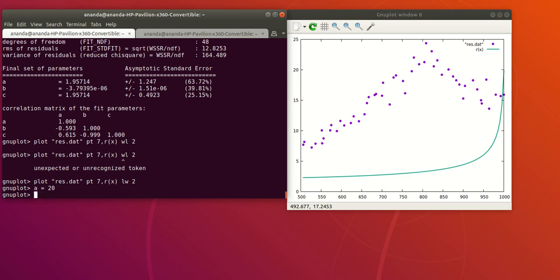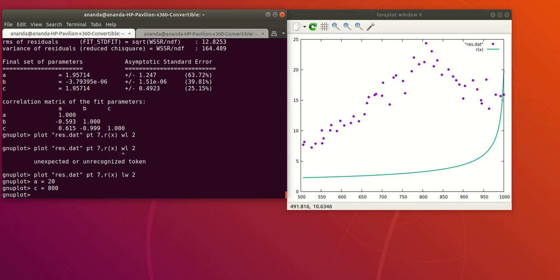Around 20 is good enough. C, the value of x at which this peaks, should be around 800. Once again, I am not being very careful about where exactly the peak is. It is, as you can see, a bit beyond 800, but that will be taken care of by the fit function anyway. I could estimate the value of b, essentially the width of this, or really the quality factor for this resonance curve,